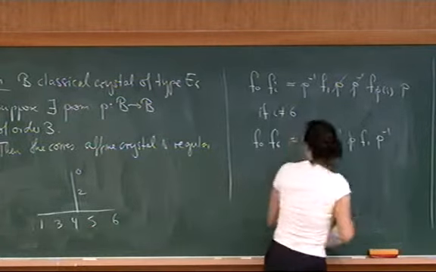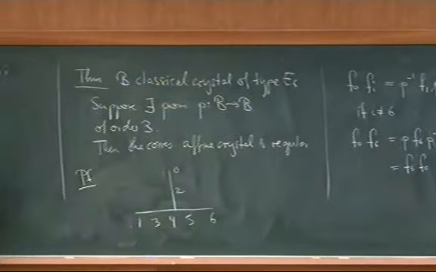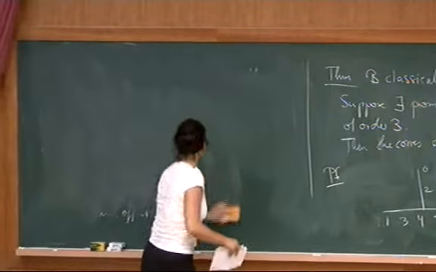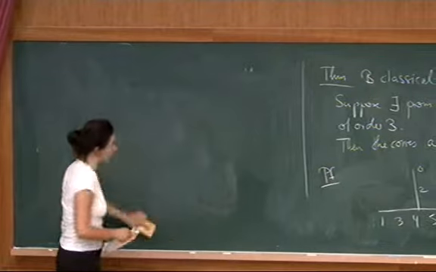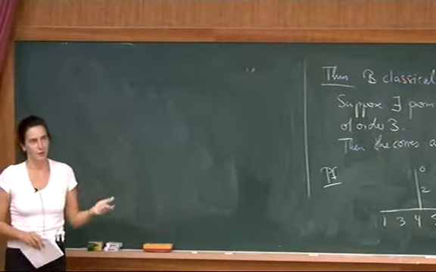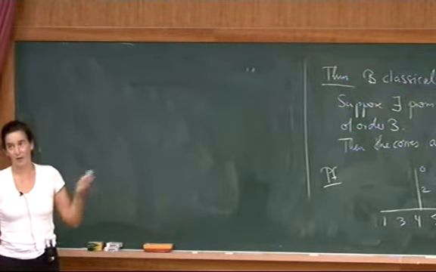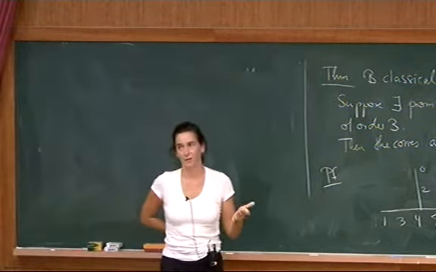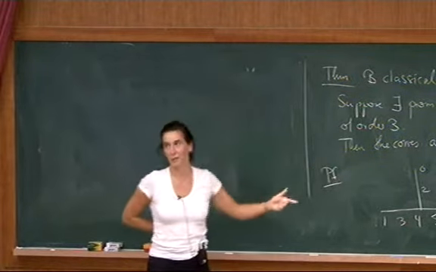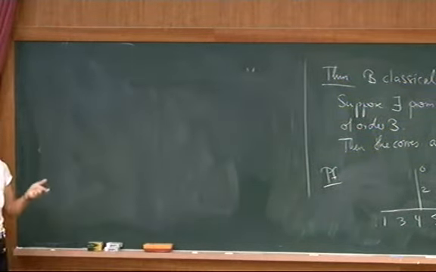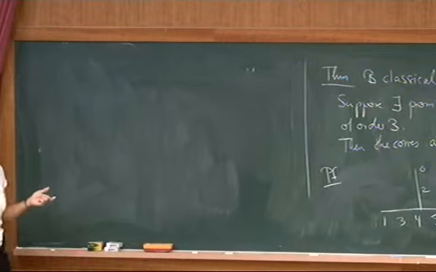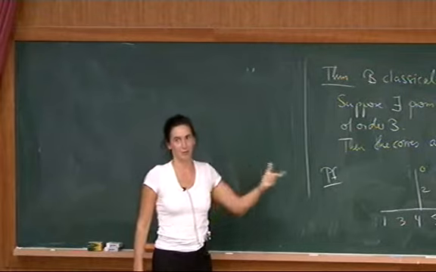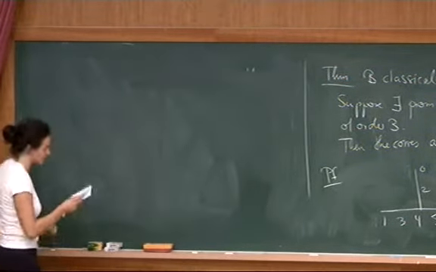Okay. So now let me give you the explicit description for these P's. All we need to do is check that our P actually has order 3, and then we automatically know by the theorem that what we get is regular, and then by some uniqueness statements we can check that what we get is in fact a Kirillov-Reshetikhin crystal.